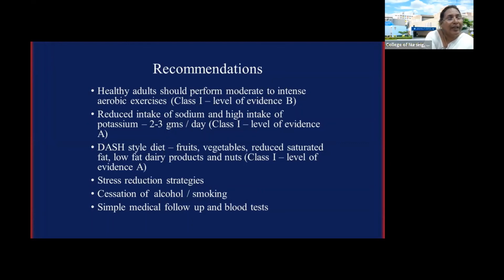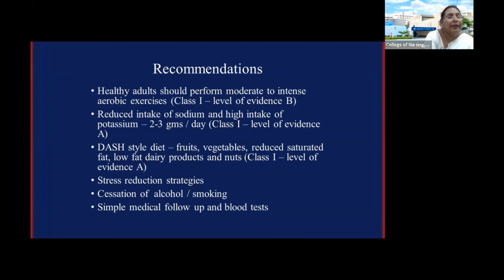There's something called DASH style diet, inclusive of fruits, vegetables, reduced saturated fat. Again, more of this will help in preventing stroke. That is class 1, level of evidence A. Stress reduction strategies, meditation, all that, the spiritual strategies that we do, cessation of alcohol, smoking, simple medical follow-up will